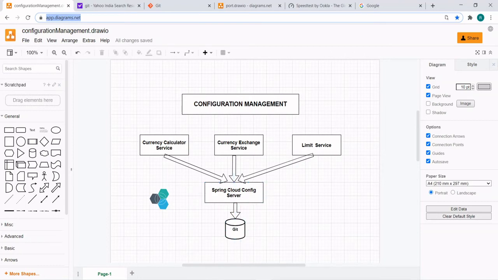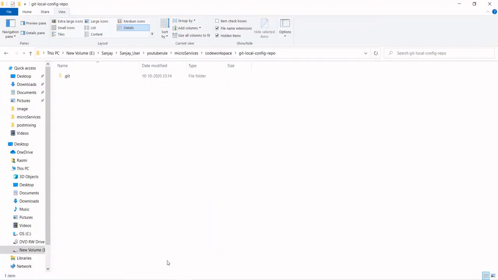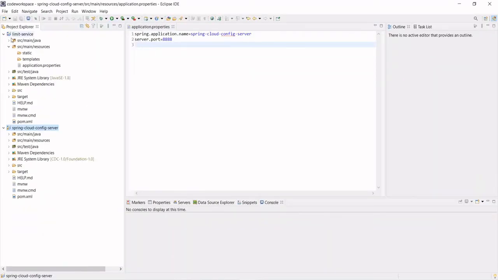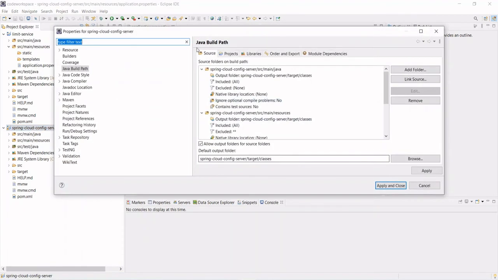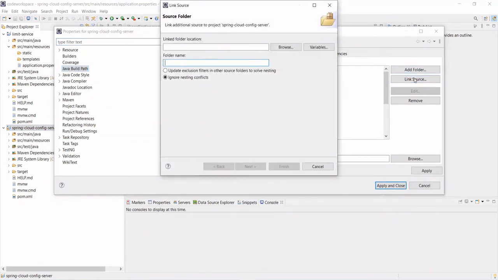How will you do that? It's very simple. Go to the folder and copy this path, and thereafter go to the microservices project. This is your Spring Cloud config server project. Right click it, go to Properties, go to Java Build Path, and you will see the Link Source option here. Click Link Source.